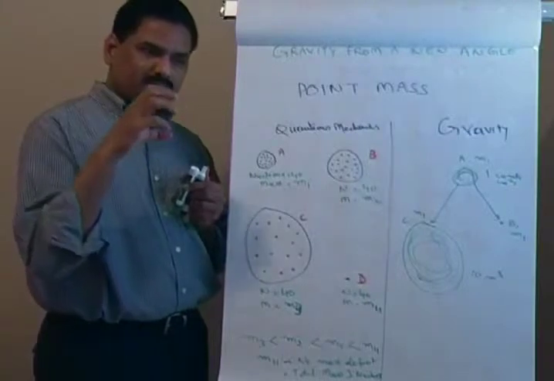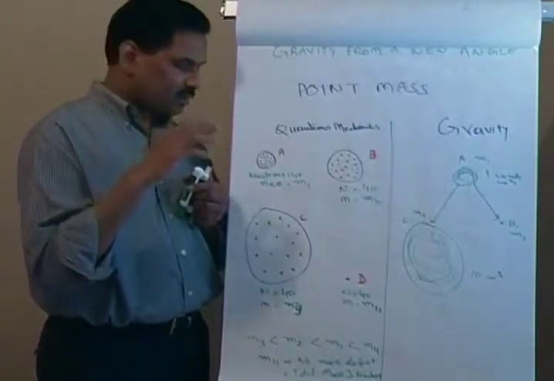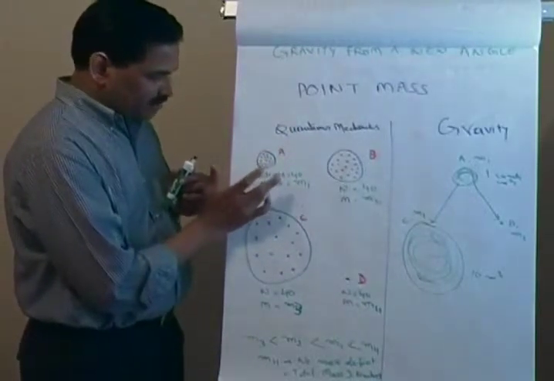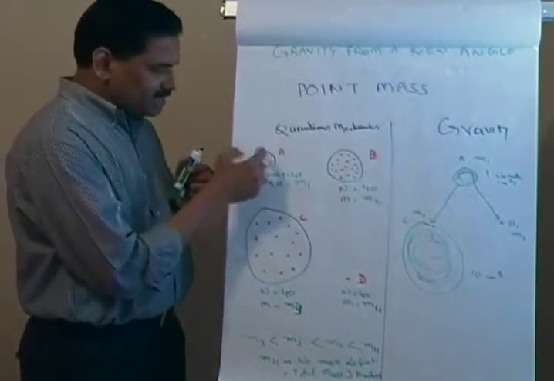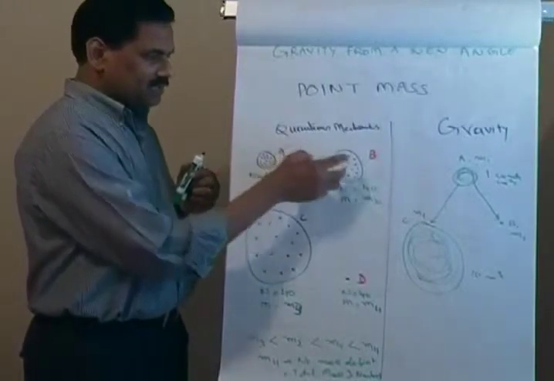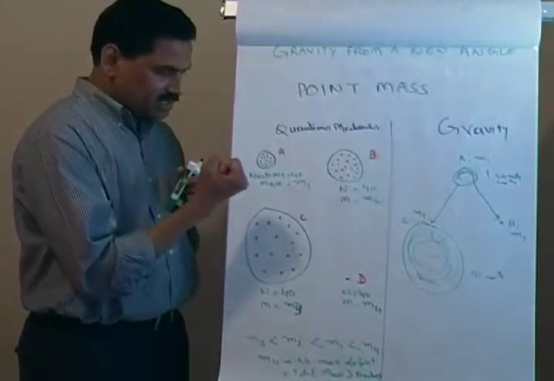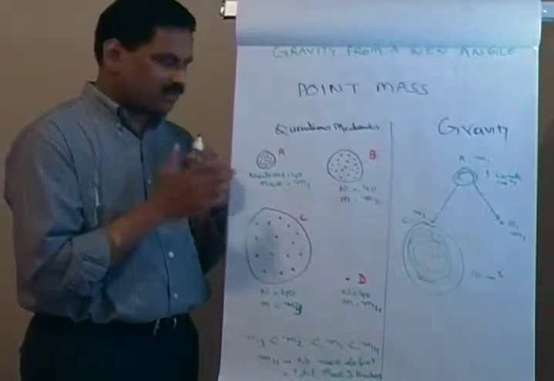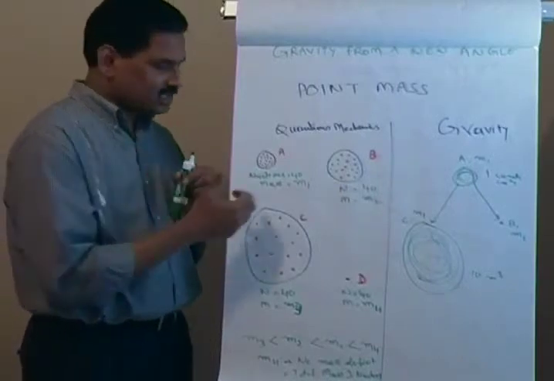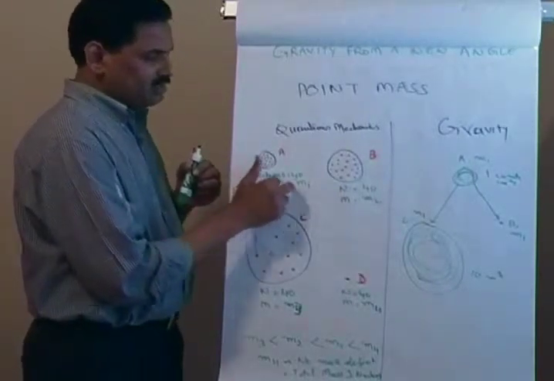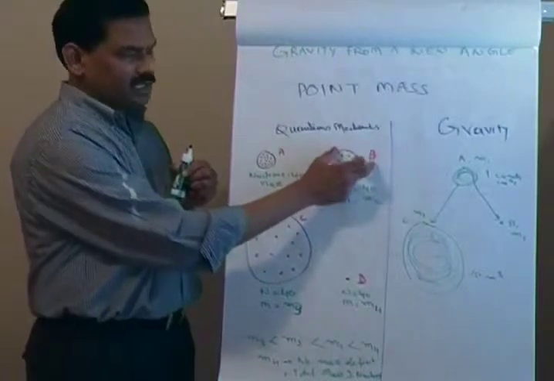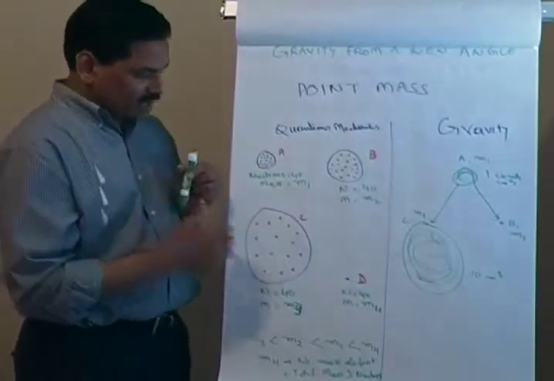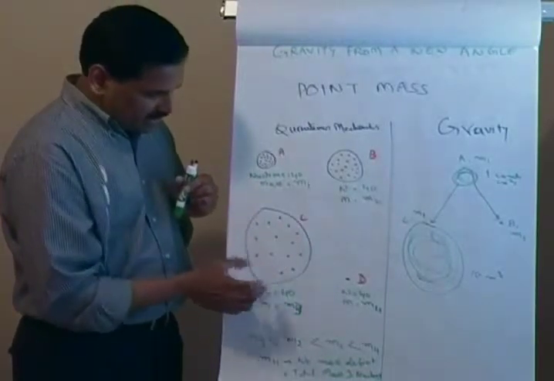If that object has more binding energy, it measures more in mass. So when you compare these three objects, M1 is a more compact nucleus, so all the protons and neutrons are packed more closely together, so it will have more binding energy. The mass of this nucleus will be more than the mass of B. So the mass of M1 will be greater than M2, and at the same time M2 will be greater than M3,